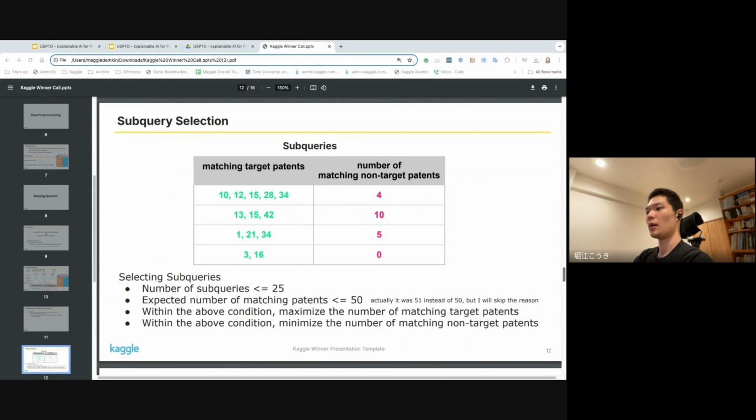Third, within the above condition, I maximized the number of matching target patents to obtain a higher score. And finally, within the above conditions, I minimized the number of matching non-target patents because I wanted fewer errors. Well, until today, I believed that it was the best choice of constraints. But as Shumpi mentioned, it doesn't seem to be the best choice. As he mentioned, 49 correct and 1 wrong